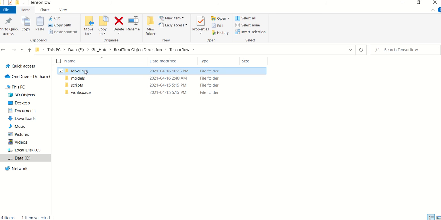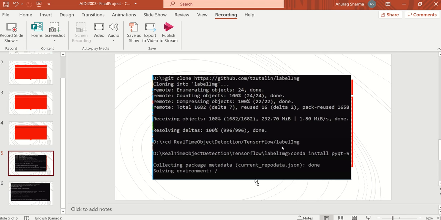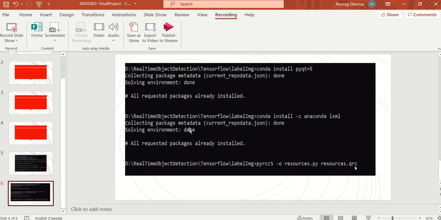But before using that, we just need to follow a few commands, because there are a few dependencies that we need to run labelImg. So I need to run conda install pyqt5. This is the dependency that we need. Later I need to install lxml in order to save the labels of the images. And after that I need to use this pyrcc5 command